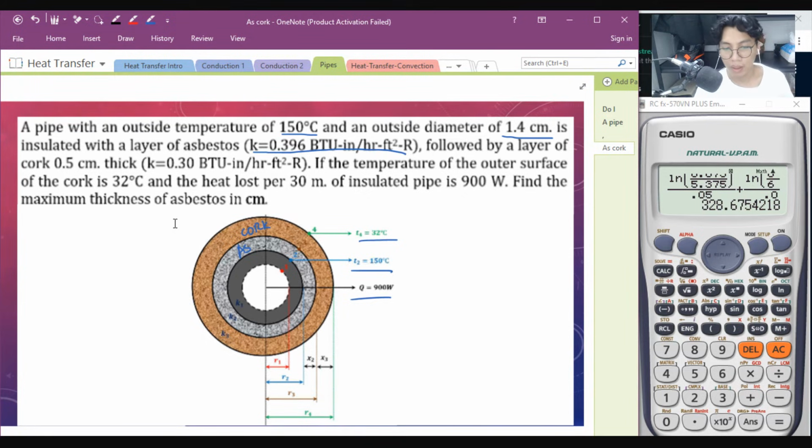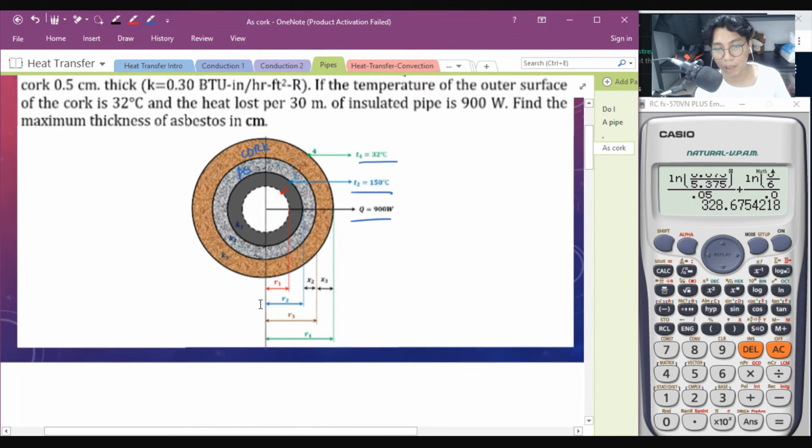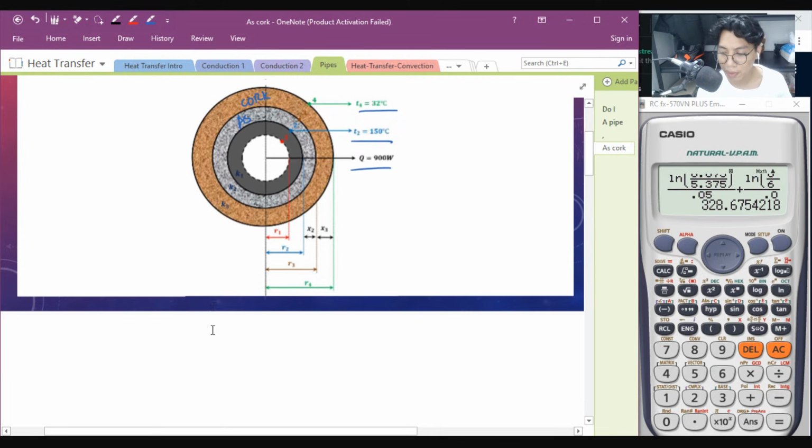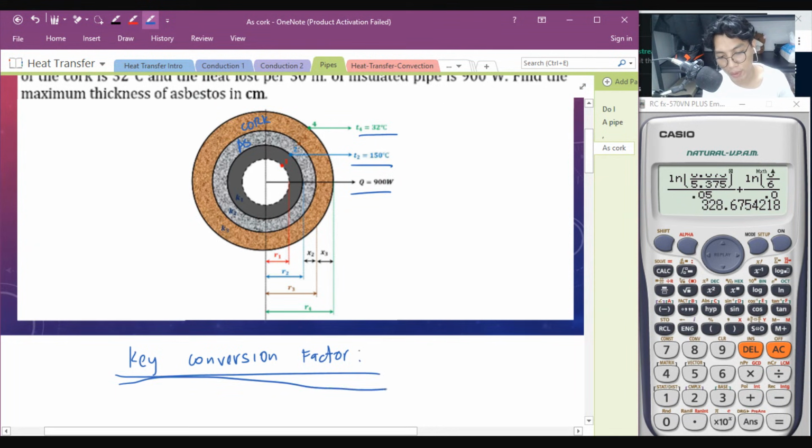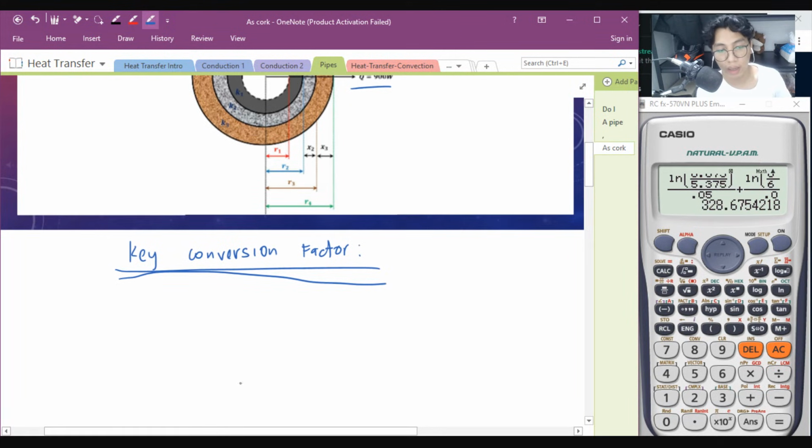Okay. Di ba nakakalito? Palipat-lipat tayo ng units. Bibigyan ko na kayo ng key conversion factor. So, the key conversion factor here, take note of this, magagamit nito. Very useful to. Is 1 watt per meter degree Kelvin is equal to 0.578